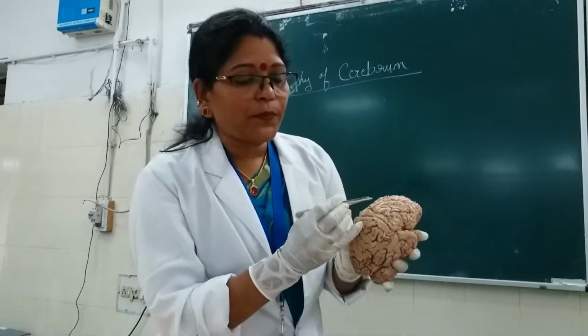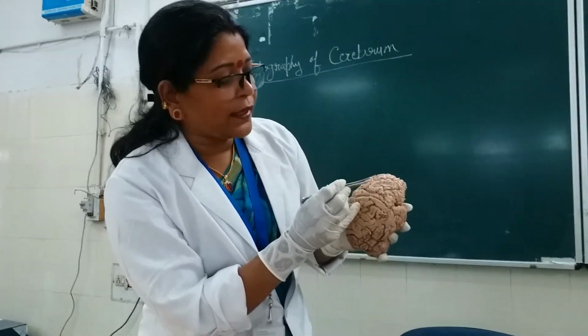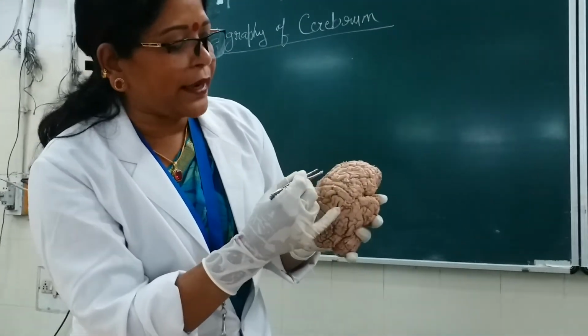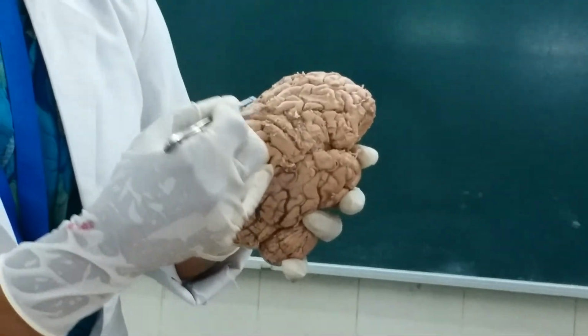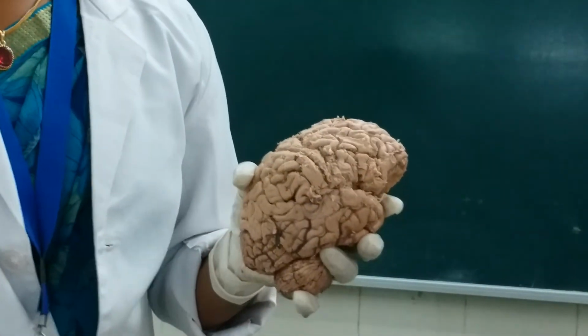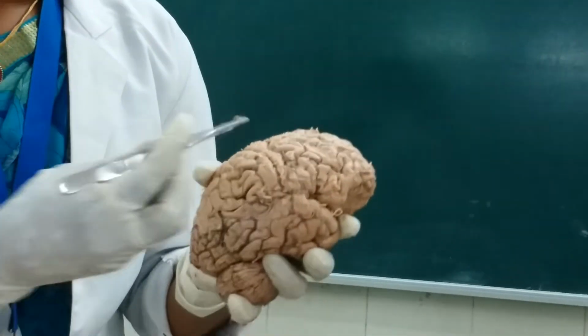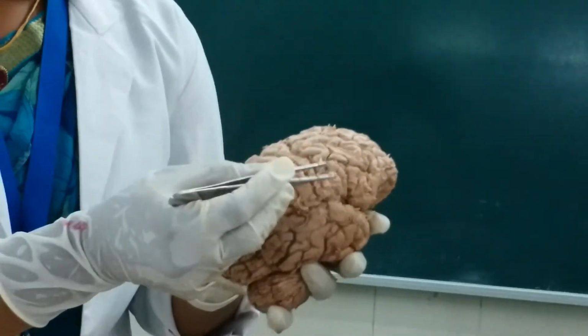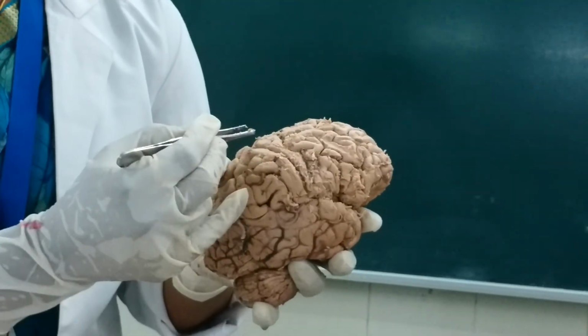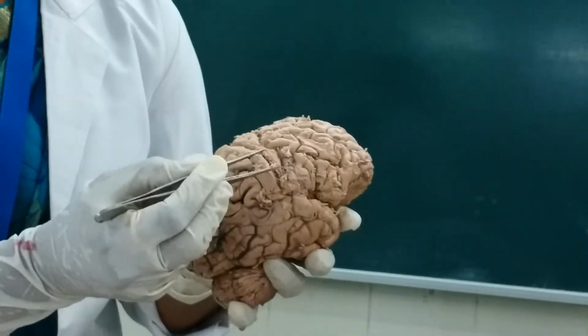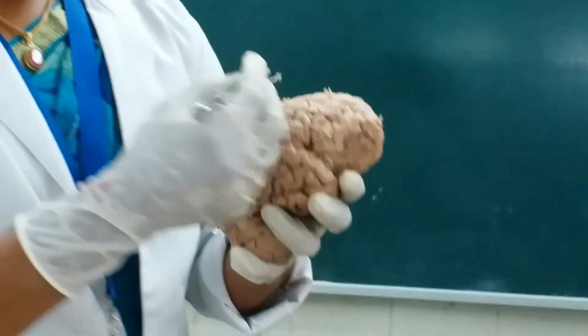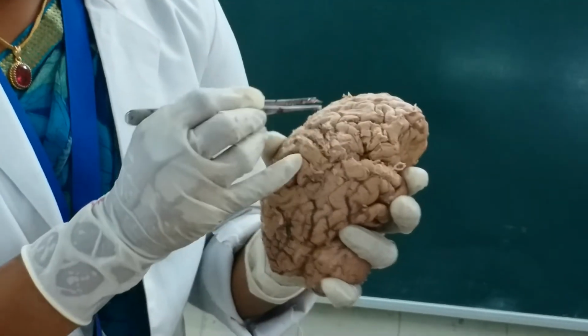What is area number 6? The posterior aspect here. Look here, the superior, the middle and the inferior frontal gyrus towards the precentral sulcus. It is known as the premotor area because it is lying just anterior to the motor area, which is lying in the precentral gyrus. Okay. So, it is like that.